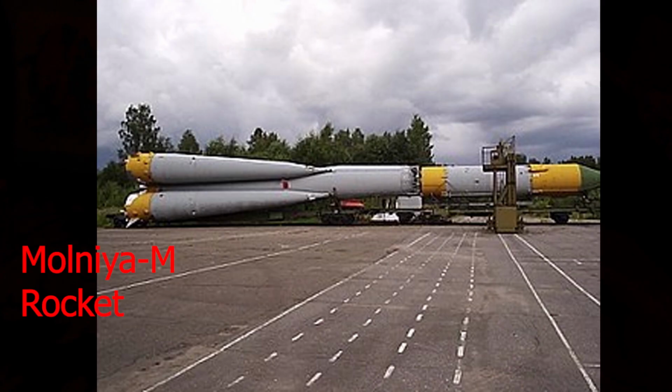So this is the launch vehicle, in which the Luna-10 space probe was sent to the moon. And here, the Molniya series of rockets was inspired by the R7 ICBM. Now, the R7 ICBM is one of the first ICBMs in human history to be developed. It was usually used to deploy nuclear warheads. As you know, it was the time of the Cold War, and with the new arms race,